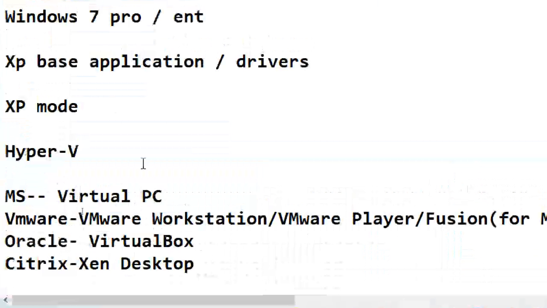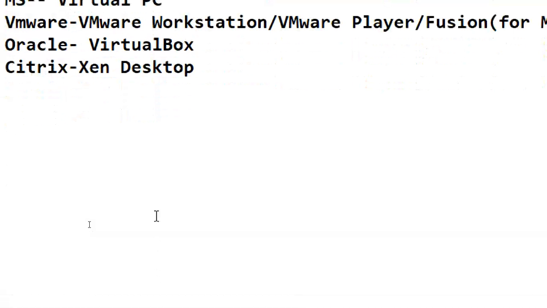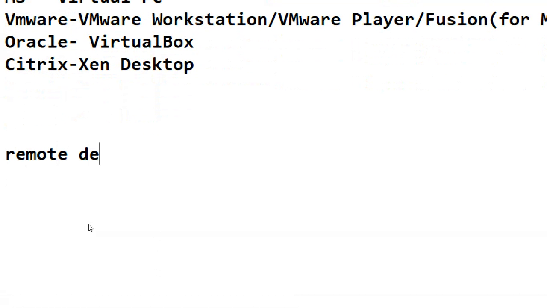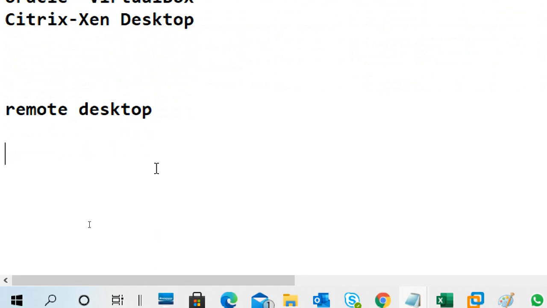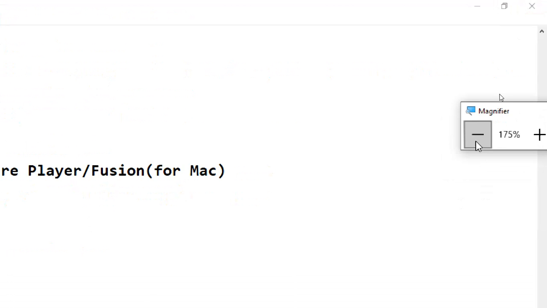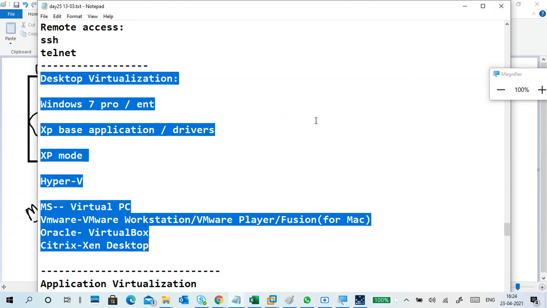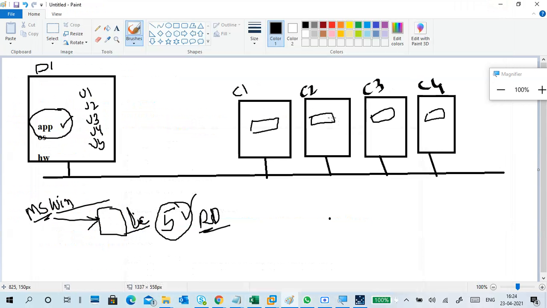I told you about remote desktop. Next, RemoteApp. So instead of accessing the entire desktop, the user can access only the applications they require.